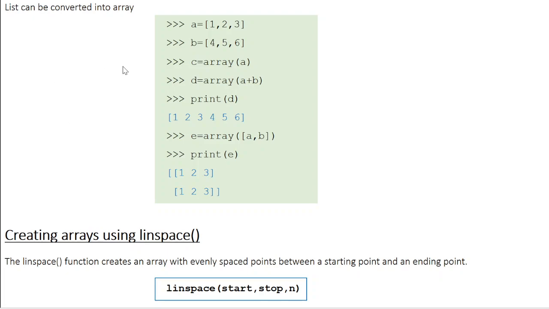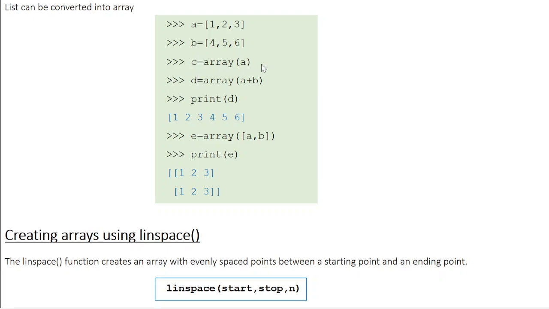You can convert a list into an array, right? Because as long as all the elements are of the same data type, the list is exactly the same as an array. So I have list A, which is an integer list containing elements 1, 2, 3. Then you have list B, once again an integer list containing elements 4, 5, 6. Now list A I can convert into an array simply using the array function.